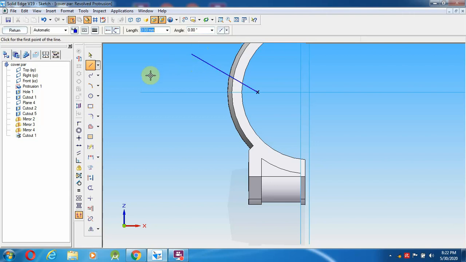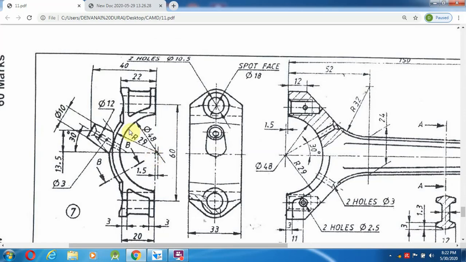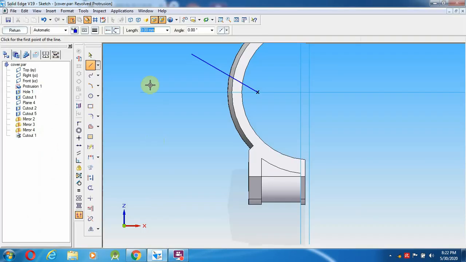So now the height that this has to be comes over 13.5 mm distance. So go over here, select a line from here to 13.5 mm distance going to make this one.